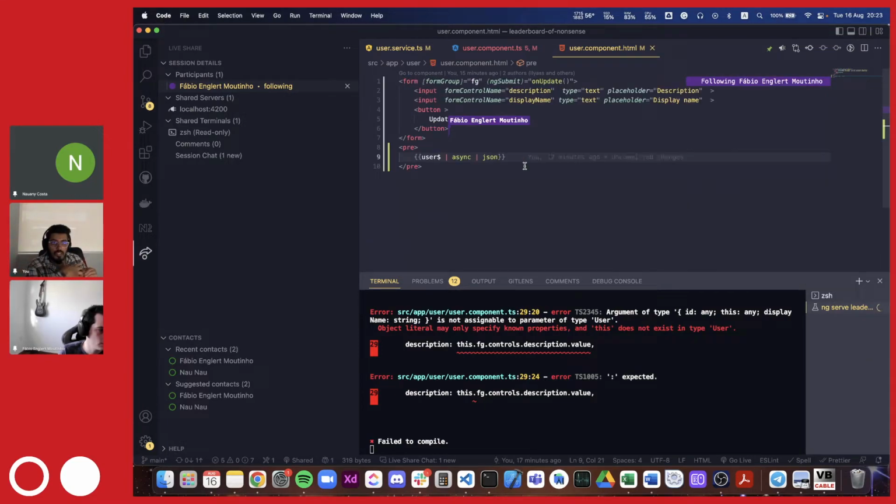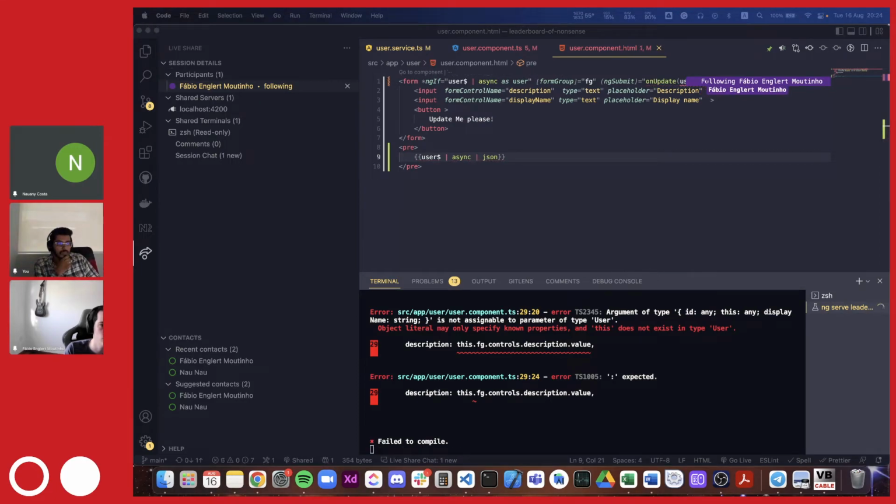So we could do maybe fetching the user and using the ID field. No, that's not what I'm thinking. So what if we do this as user, and then we pass on the user dot ID